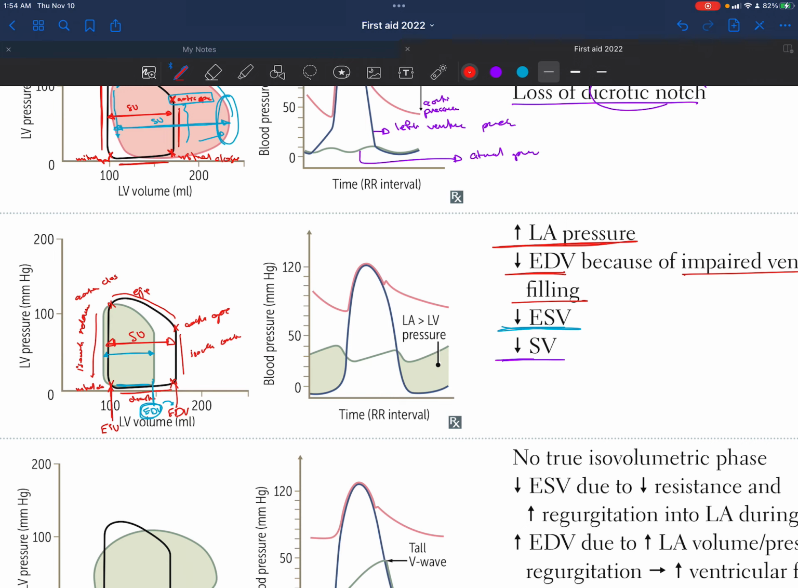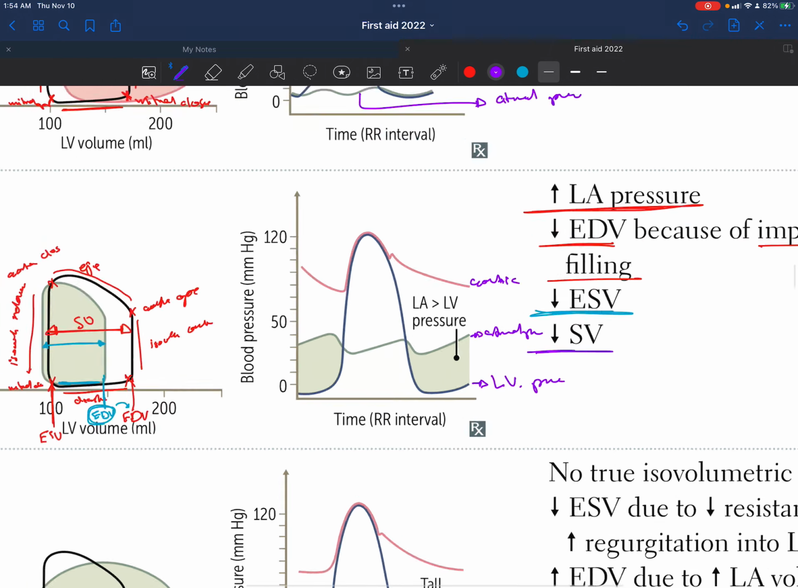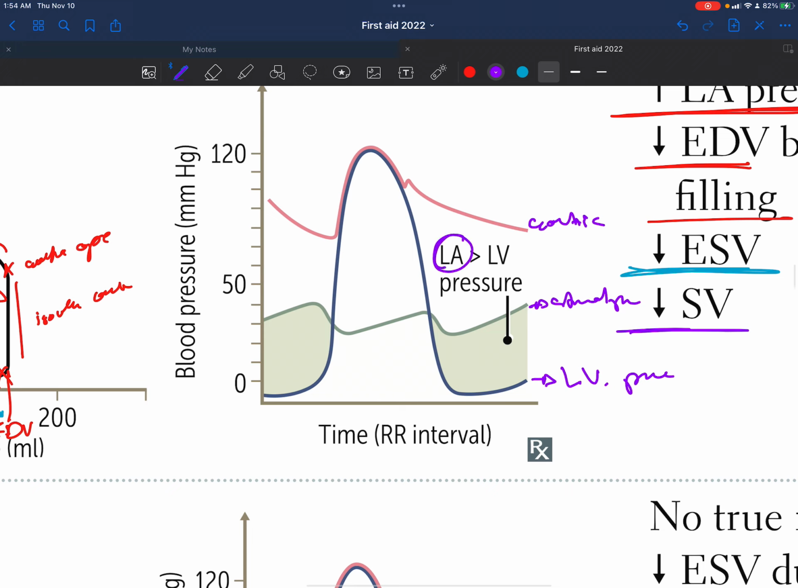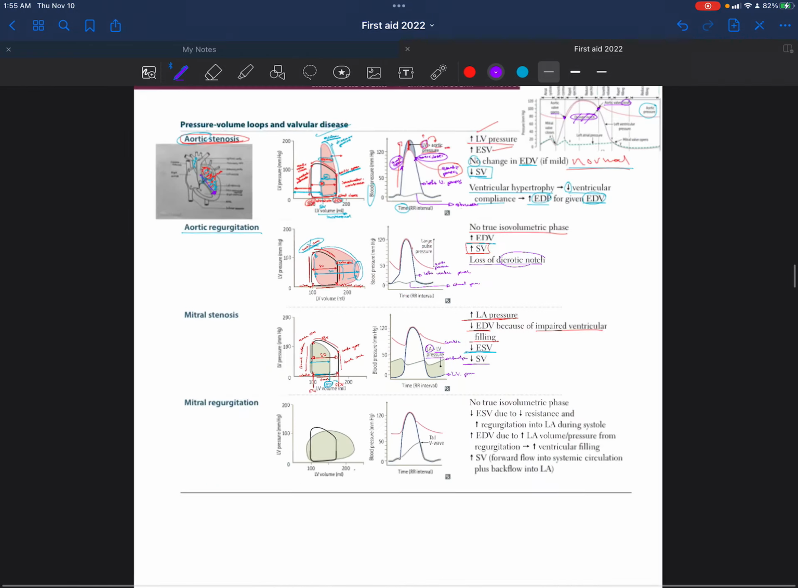Okay, so for the other graph that we have, we said that the pink curve is the aortic pressure. That's normal. We're supposed to have it normal. And then the blue is the left ventricular pressure, while the green is the atrial pressure. Okay, so what is quite obvious here is that the left atrial pressure is higher than the left ventricular pressure during diastole because